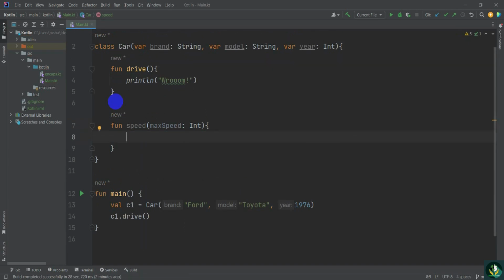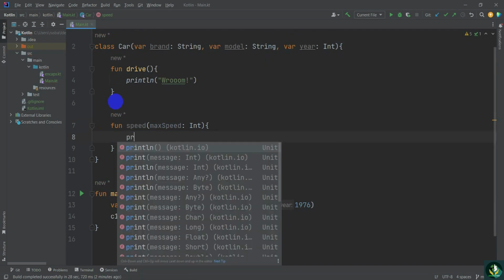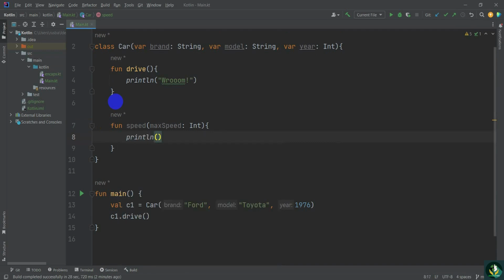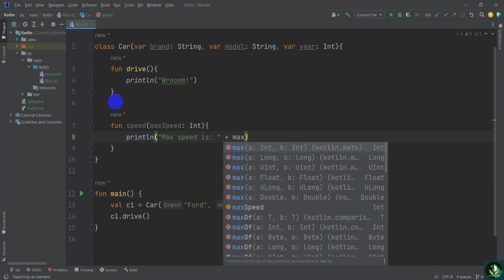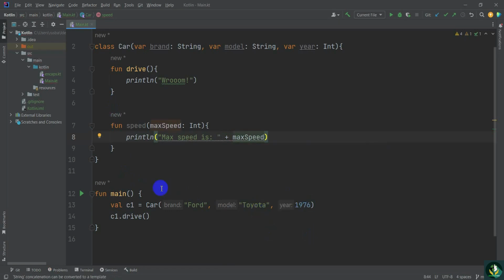Inside, first of all I type the print function. Inside the println function I type the message "Max speed" and use the speed. Okay, and create the string, and then type "is cloned". I'm also typing here the plus sign and the max speed. Okay, so in this class, for the first time, create the drive function,